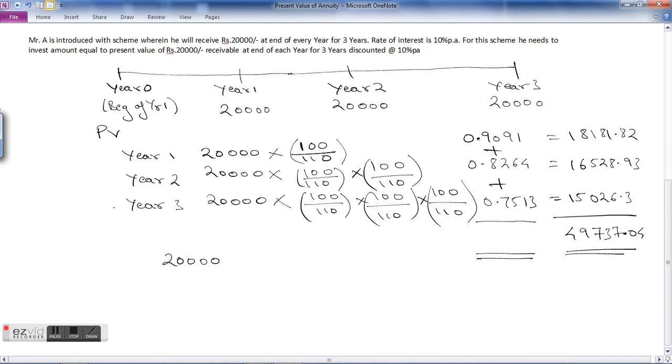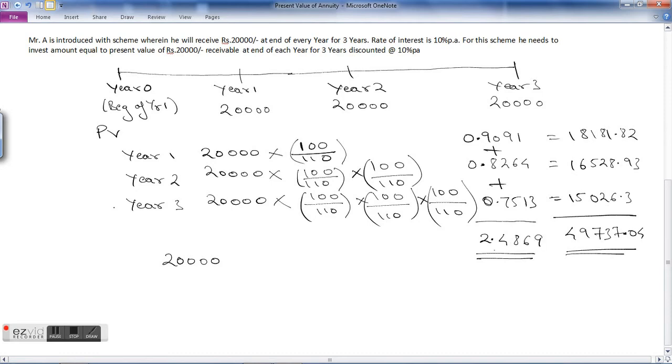This is the present value of rupee 1 which will be received at the end of year 1. This is the present value of rupee 1 which will be received at the end of year 2. This is the present value of rupee 1 which will be received at the end of year 3. So if you take the sum of this, the sum comes to